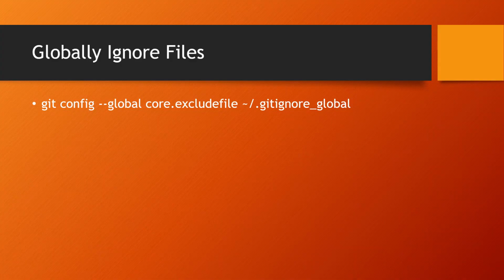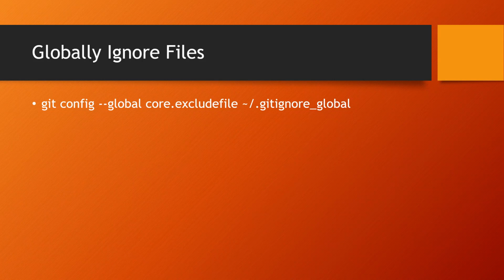In this lecture, we'll be taking a look at how we can globally ignore files. In the previous one, we saw how to ignore files at project level. And in this one, we'll be exploring how we can do the same at a global level, so we don't have to go every time and set it at project level if the file extensions or file types are of the same type. The command to do that is git config --global